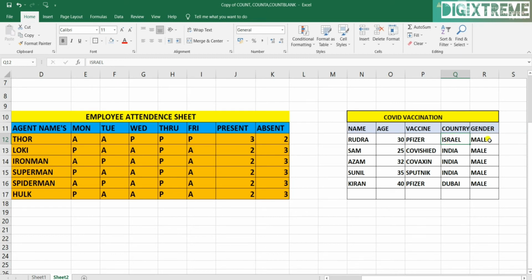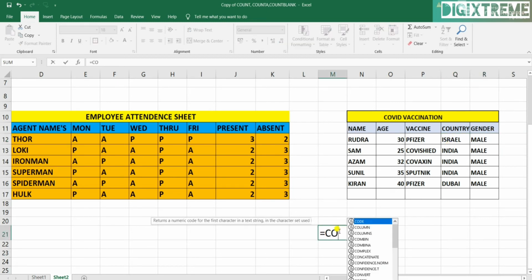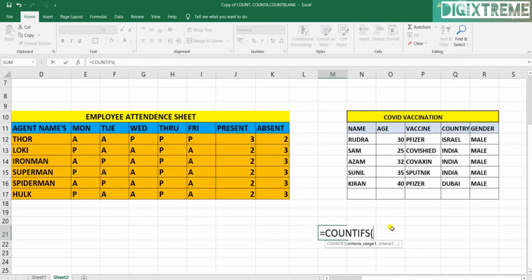And also you can give more criteria. Here I want to give multiple criteria. Like first, age should be more than 25. So how will we select? First select the range. This is the range. I'm looking for my first criteria, then as per formula is comma.